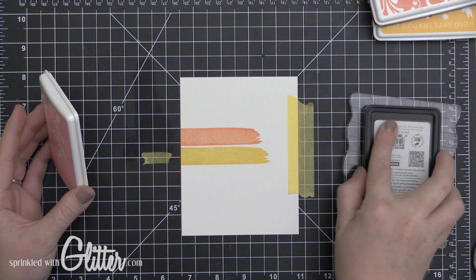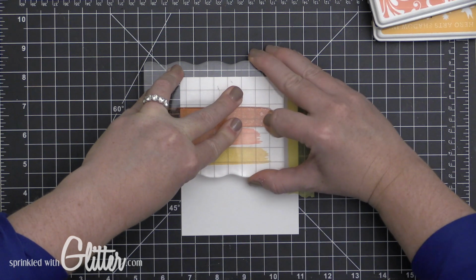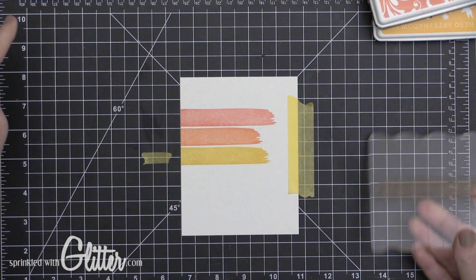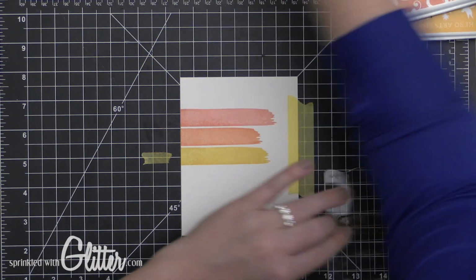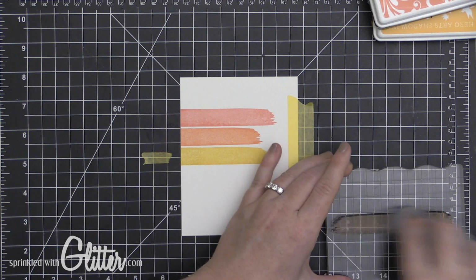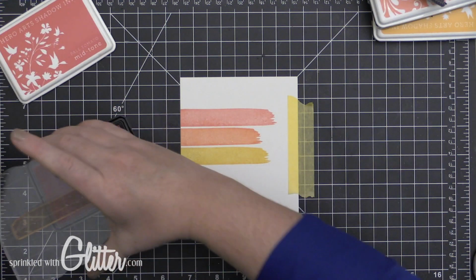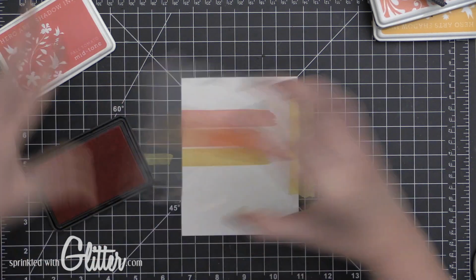So once again, I cleaned my stamp with a baby wipe and then a microfiber cloth, and now I'm stamping it in some Cotton Candy ink by Hero Arts. And do you see how I'm making all of the paint strokes different lengths across the front of the card? That's just to give it some variation. If you wanted to keep them all at the same level, you can. I just feel like this gives it a more realistic effect, like I created these with a dry brush